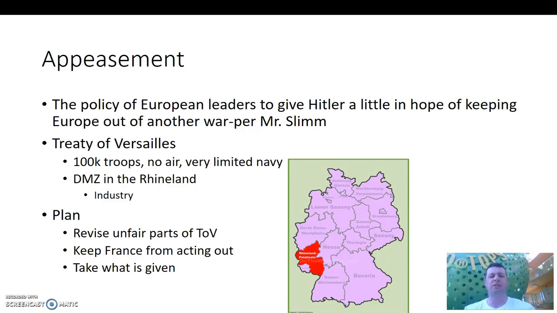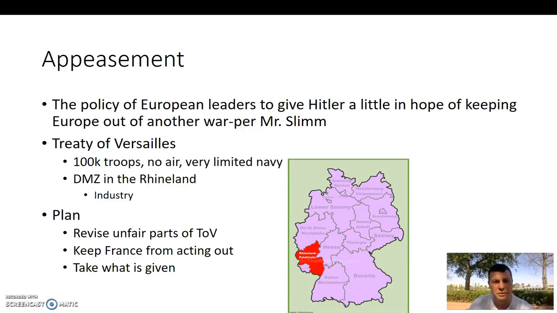He's not super concerned with how he looks to the people of Germany in terms of being wishy-washy. He wants to make sure that the European leaders feel a sense of comfort. He thinks that the European leaders will, in some cases, be so ready to put off war that they're going to give him some small concessions along the way. And he just wants to test the waters like you do with teachers or parents, testing where that line is. And so that's going to be Hitler's motivations in the next few slides here.